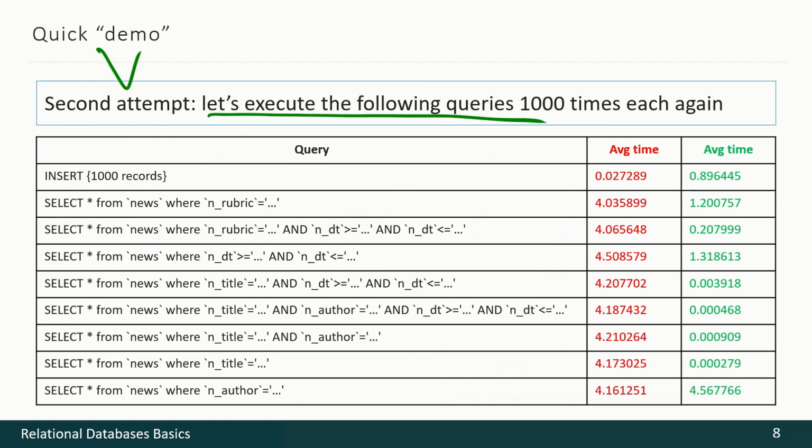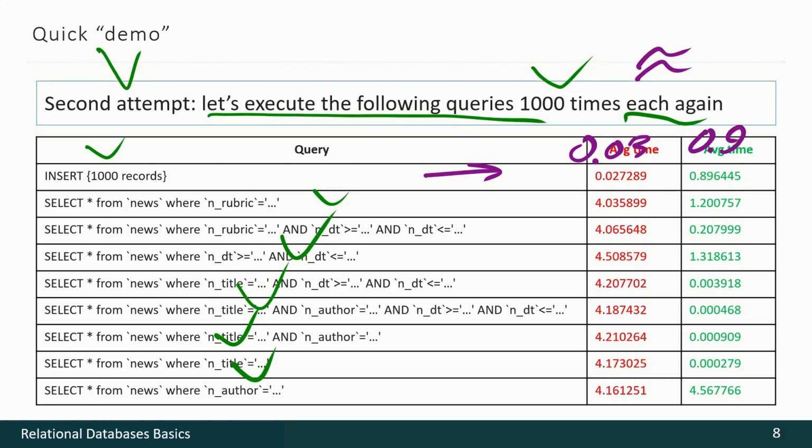Again, each query is run 1000 times, with 1000 inserts, and the same selects here. Now we may compare the results. Let's start with select time. We have about 0.0 here and 0.9 here. So about 30 times of speed decrease. Okay, that's bad. But let us analyze these values.